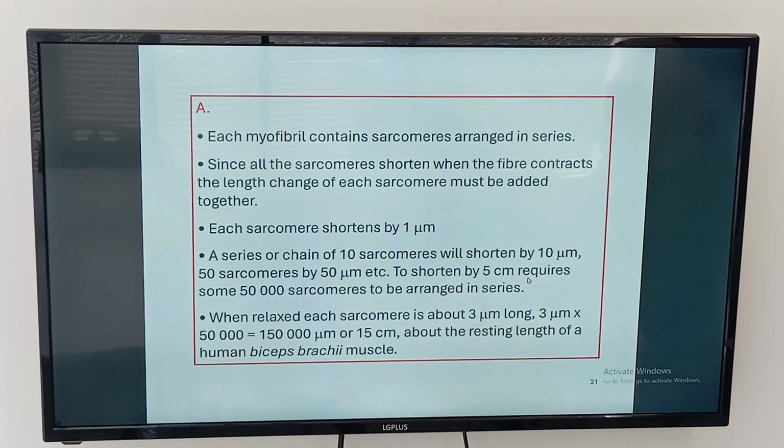To shorten by 5 centimeters requires some 50,000 sarcomeres arranged in a series. How did we deduce that? When relaxed, a sarcomere is about 3 micrometers long, then 3 micrometers multiplied by 50,000 equals 150,000 micrometers or 15 centimeters, about the resting length of a human biceps brachii. Of course,